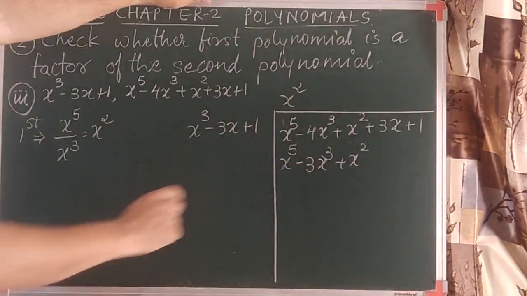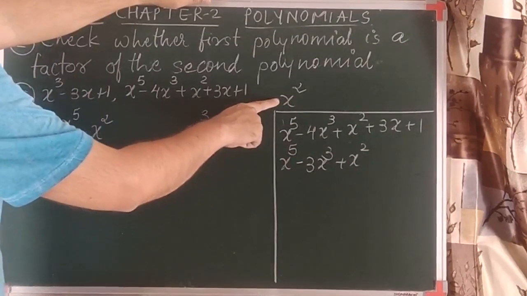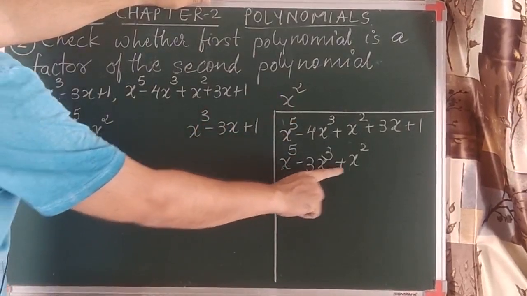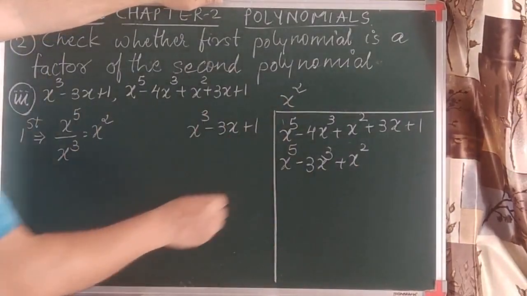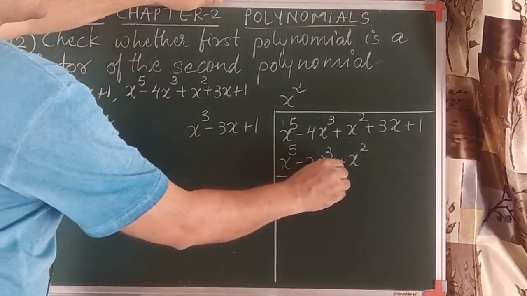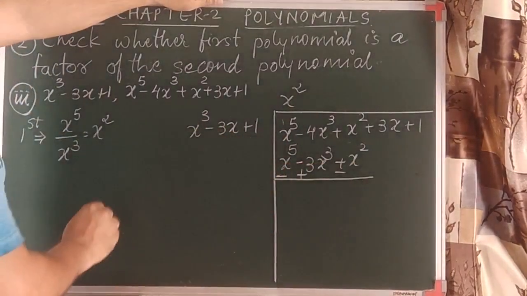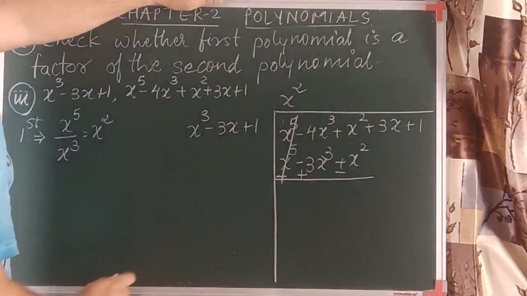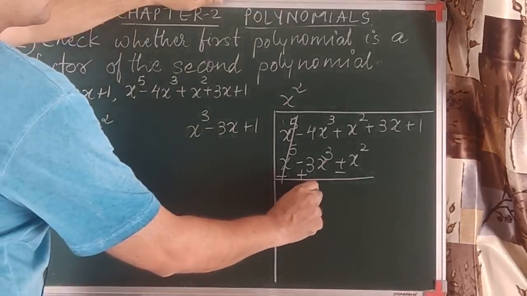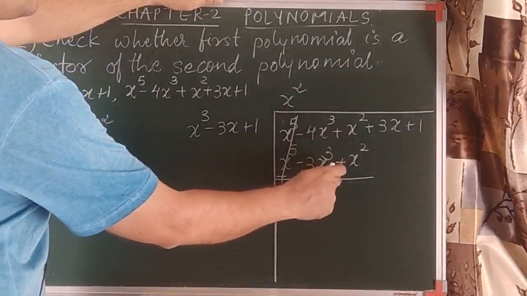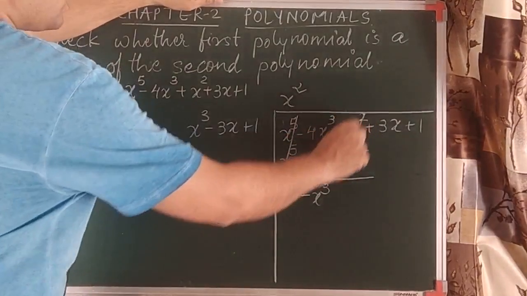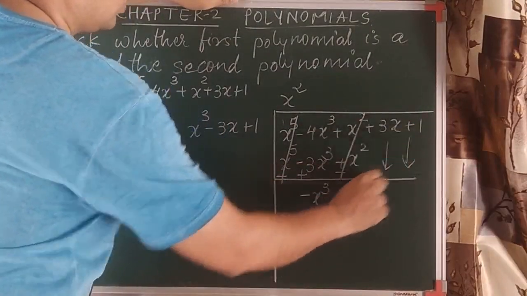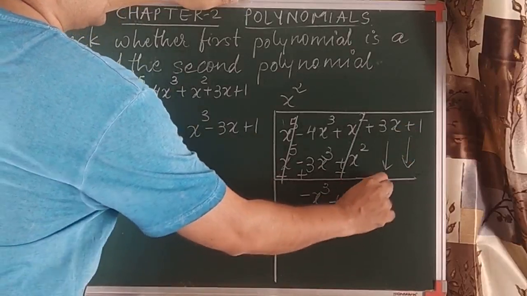So now this is the second and important step. First is to obtain the quotient. Second, the quotient should be multiplied with the divisor to obtain this term. Third, we have to do the subtraction. When we do the subtraction, as we discussed, we have to change the sign. The first term is always equal. It is minus, it is plus. Plus minus minus, sign of the bigger term. So minus x cube. Plus minus minus, both have the equal coefficient, would be cancelled. Let me carry both the terms. I am carrying both the terms, plus 3x and plus 1.